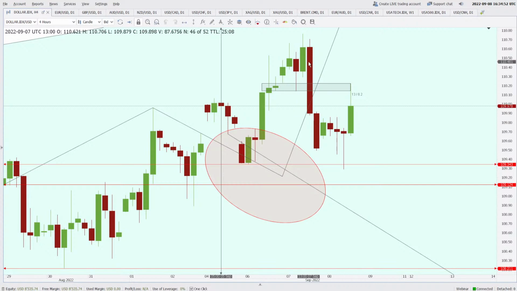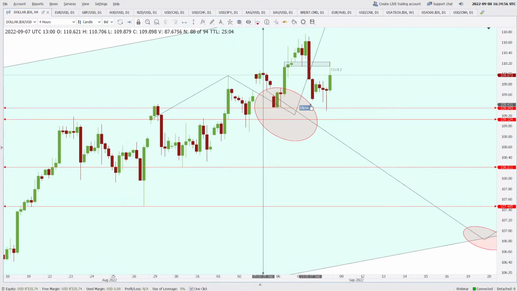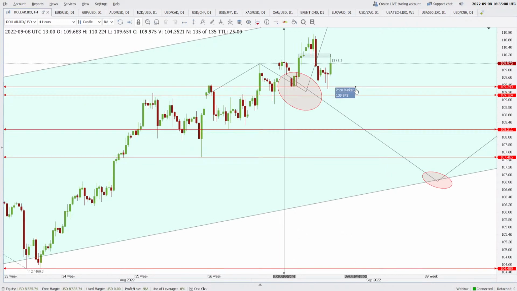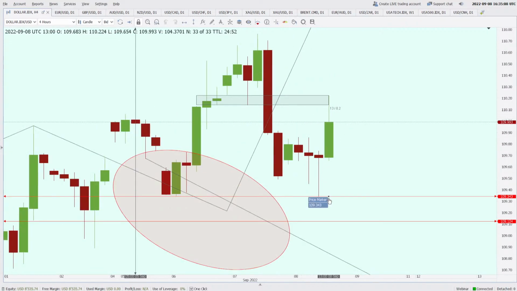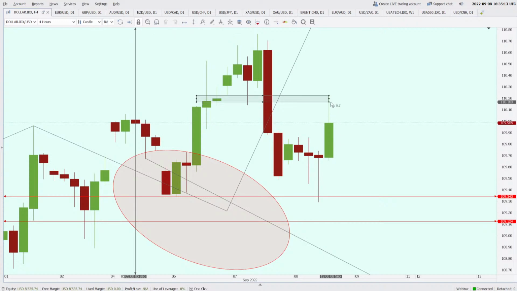So you see, after falling from here, where did the price stop actually? The price stopped at the support zone. Now this is not the line that I have marked today. This is the line that we had marked yesterday, and this was the rectangle that we had marked yesterday. So now on the way up, after taking support from here, the price is again rejected at this area.